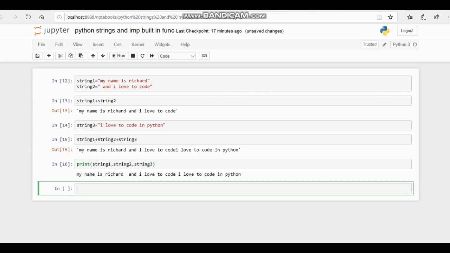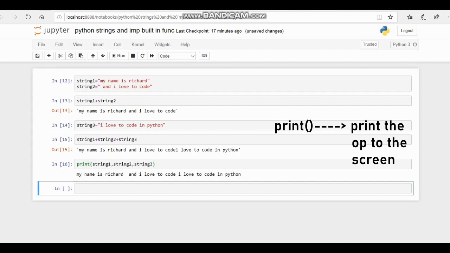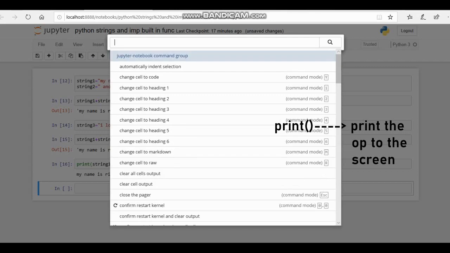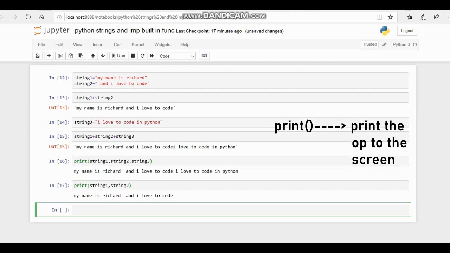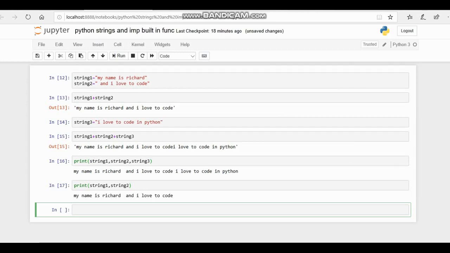Print is a function which helps to print the output on the screen, adding spaces in between the strings. print string1 comma string2 will give the same. So the plus operator is used to combine two or more strings, and print is used to print the output on the screen.